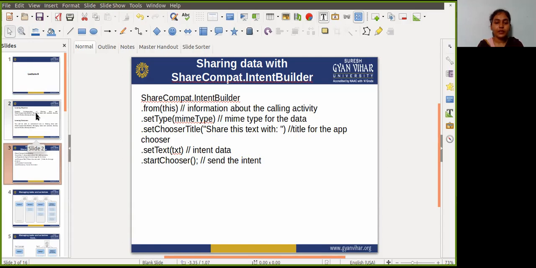An explicit intent is always delivered to its target, regardless of any intent filter the component declares. Conversely, if your activity does not declare any intent filter, it can only be launched with an explicit intent.